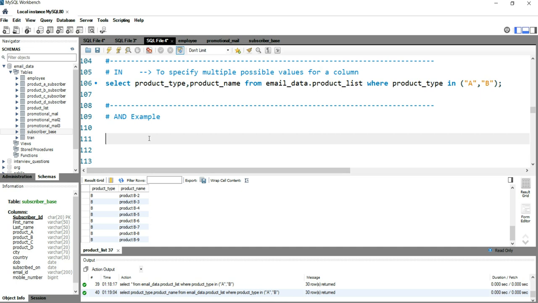Now, think of a scenario where you have to get the employees' data from a table, and the first condition is that the employee should be female, then the salary is above a certain limit, and the age is above a certain limit.